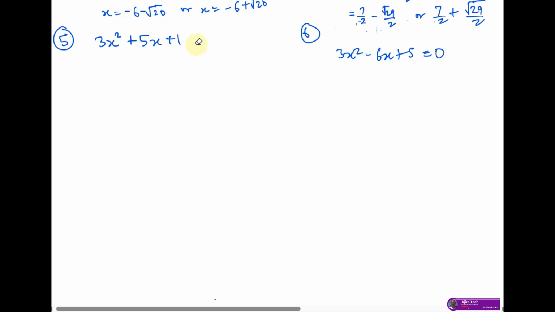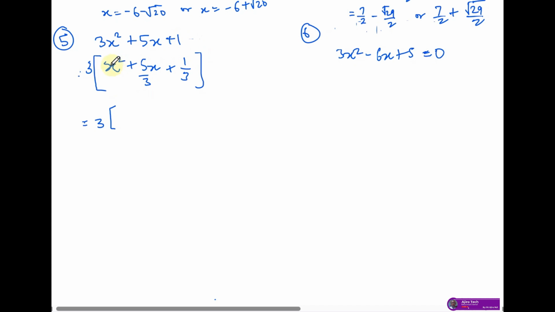Okay. Let me make this one to not have any equal to. So on the surface, I can divide everything by 3, but I can divide only the first 2 by 3, or I can factorize 3 out. I can say 3 into everything, x squared plus 5x over 3 plus 1 over 3, if I like. Okay, let me make this a square bracket because I'm going to put another bracket inside. This can become 3 into,